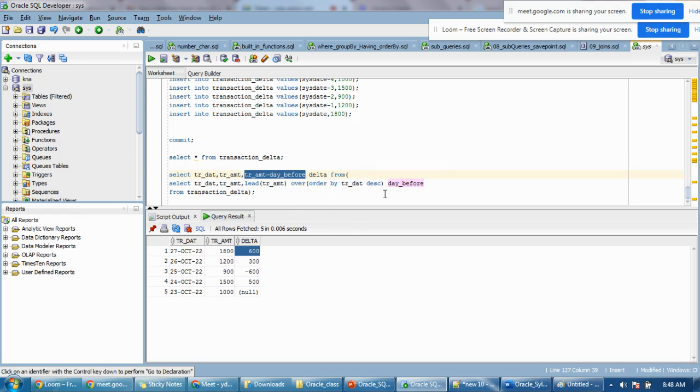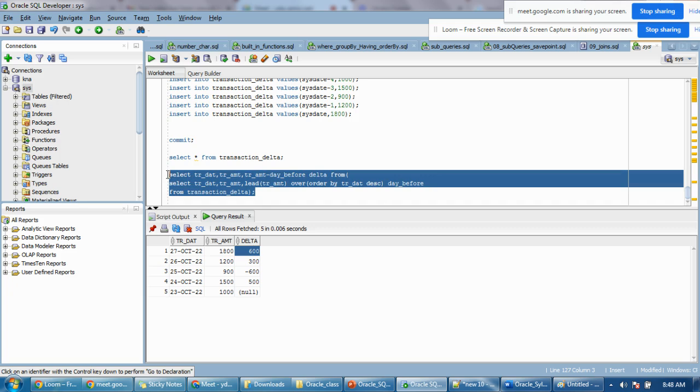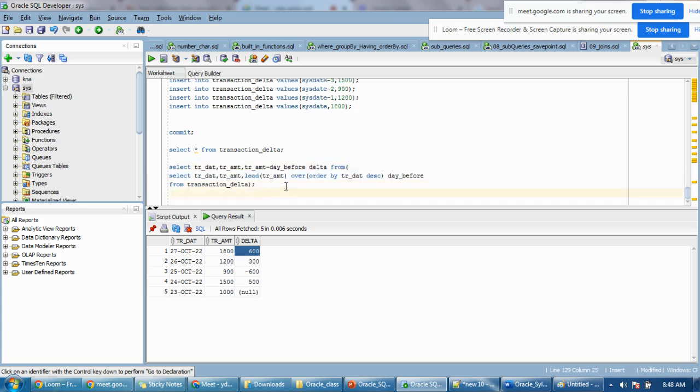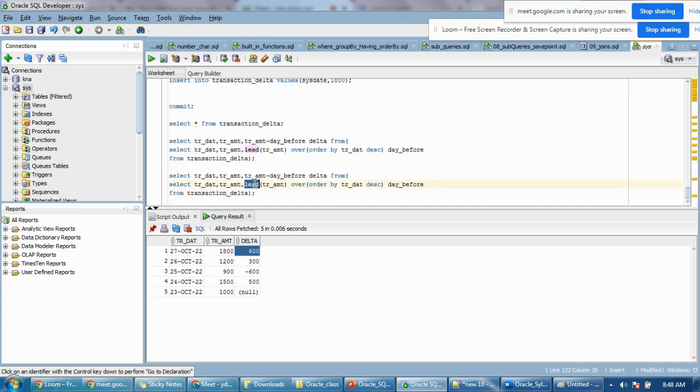This is definitely used in real time. In any mutual fund business or share market, how much was lost today, how much was gained today, they can show all of that by applying the lead and lag functions. What lead does is take the next value. What lag does is just the opposite. Same thing, it will keep the first value as a minus and it will pick the